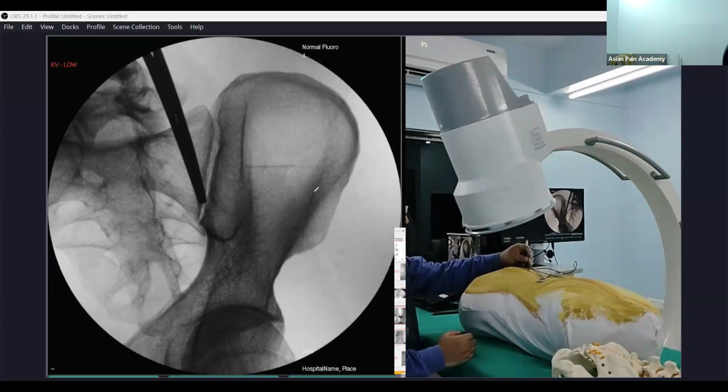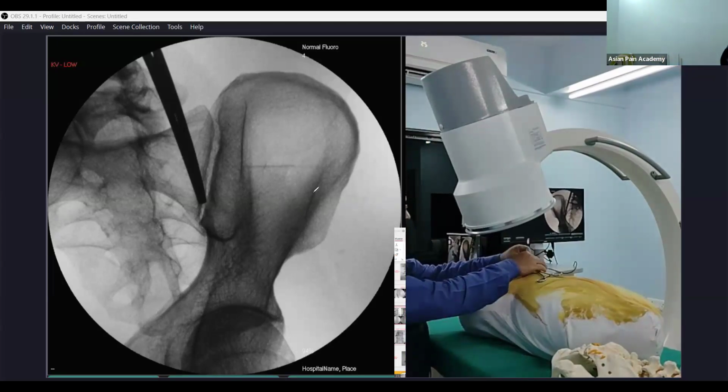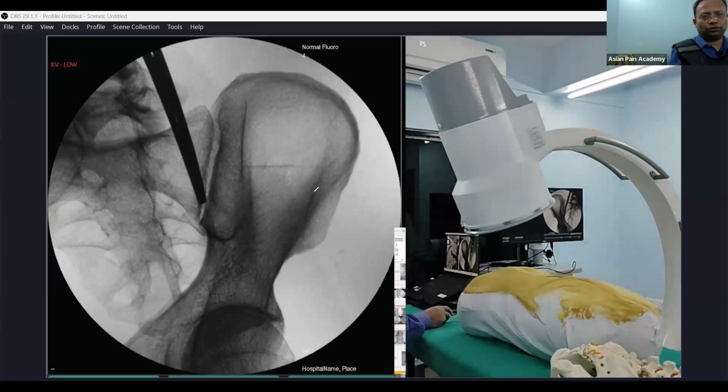Otherwise a normal SI joint opens a bit more. Okay. So again this will be a